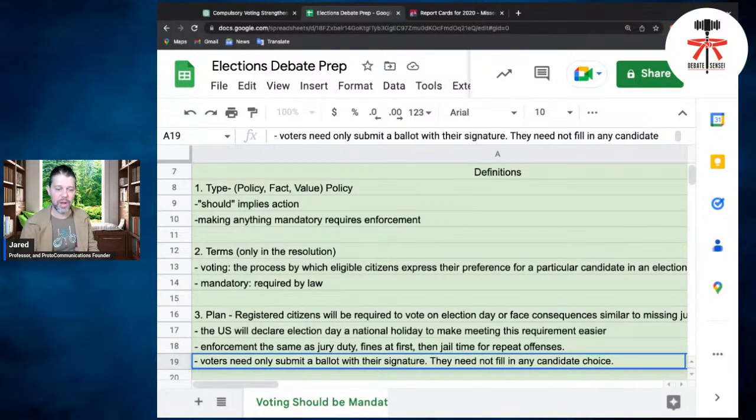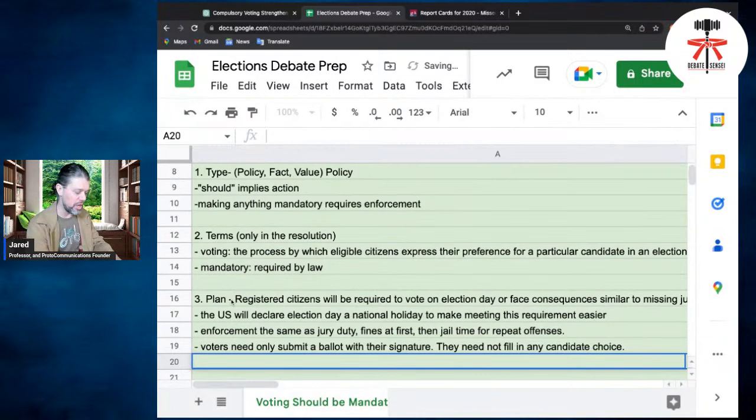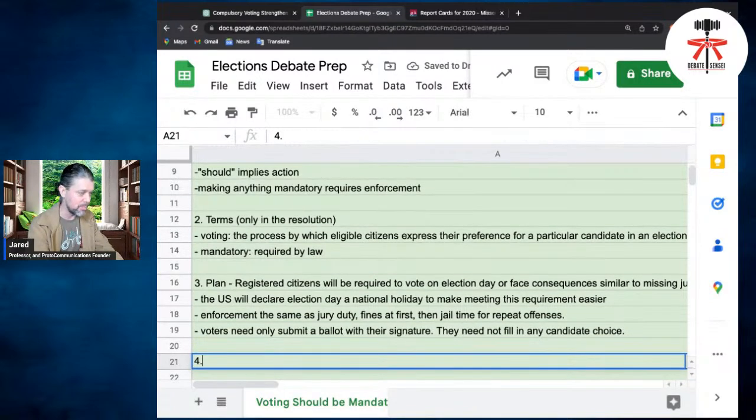Like, I don't want to vote for anyone. Now, some people are thinking, but why is that a good idea? That comes later. I'm going to explain that in a little bit. But right now, all you need to do is for this last bit,